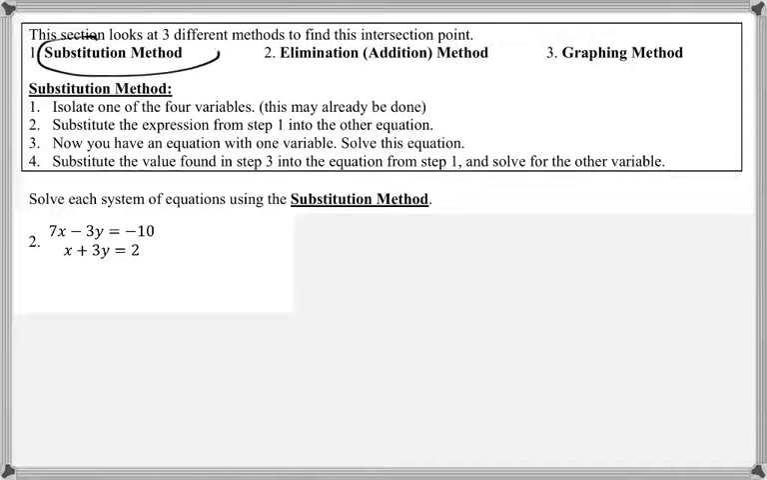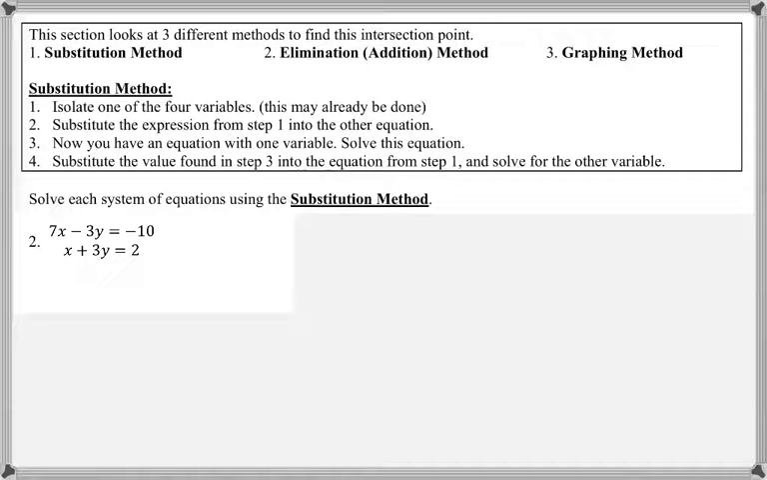We have the substitution method, we have the elimination, or sometimes it's called the addition method, and then we have the graphing method. Now the substitution and the elimination method, these are both algebraic methods. The graphing method, we're just going to be graphing the lines and then finding the intersection point. And we're actually going to be using the calculator on this. So here are the steps for the substitution method, and I'll talk about these steps as we go through question